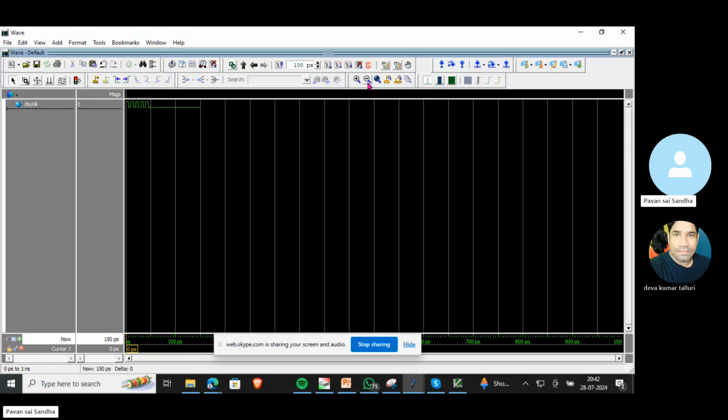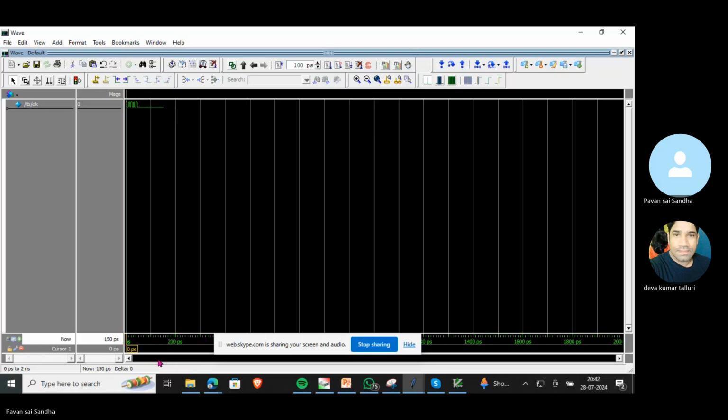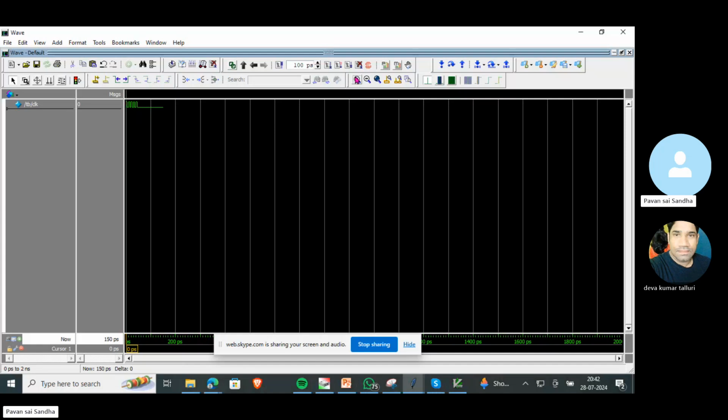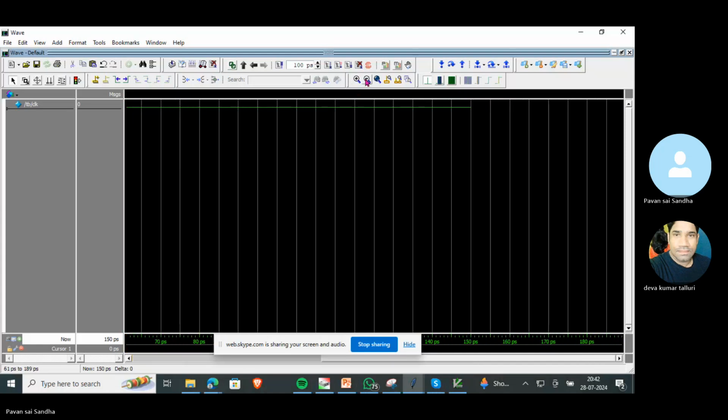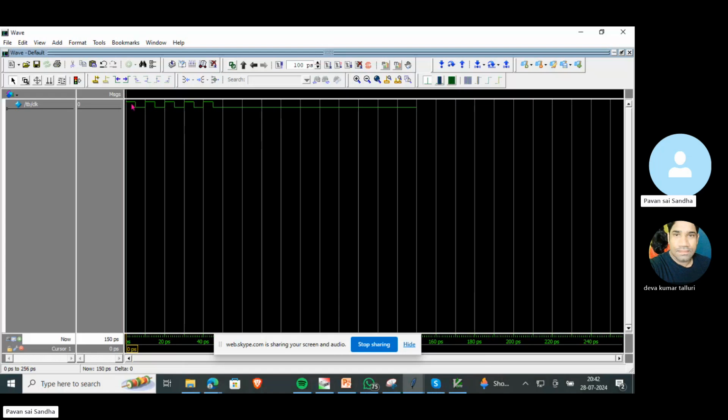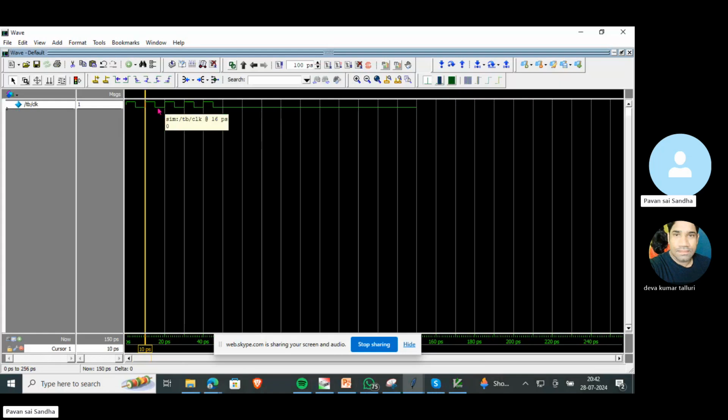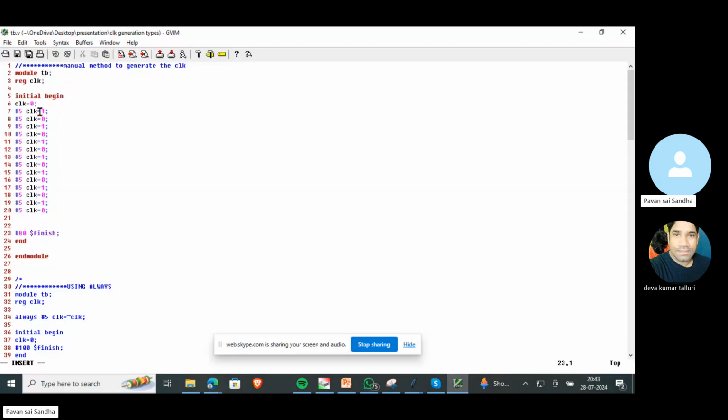And we got the output. Okay, I'll maximize it. Initially the clock is at 0, and every 5 seconds we are iterating the clock, negating the clock. At 5 seconds it is high, and for the next 5 seconds it will go to 0, and so on, 0 and 1, 0 and 1, because we have given the code like that. Every 5 seconds it will change from 1 to 0, and at the end of 80, the sum of this delay plus 80, it will end the simulation,